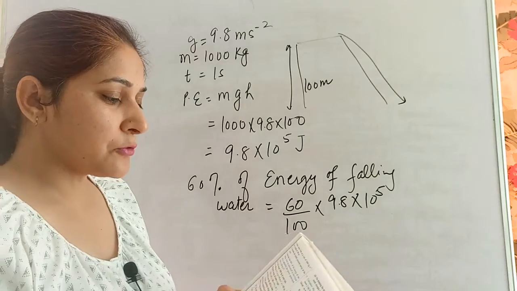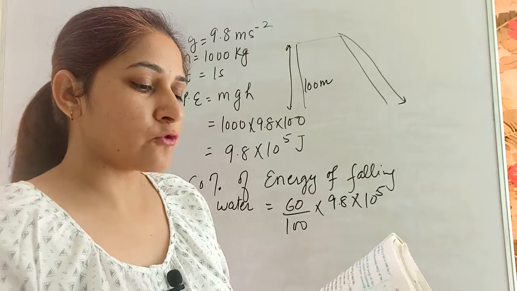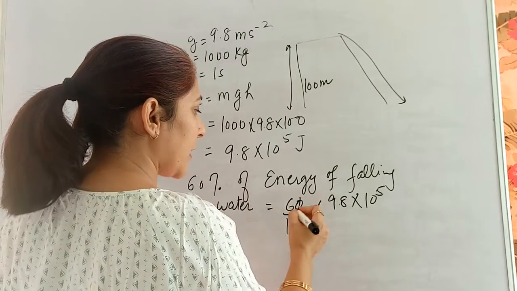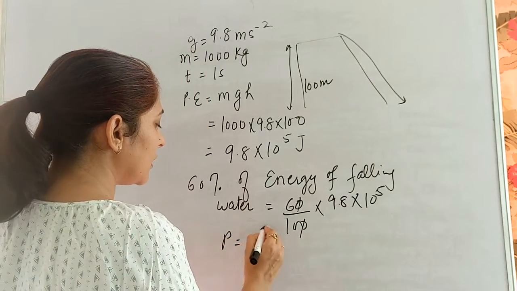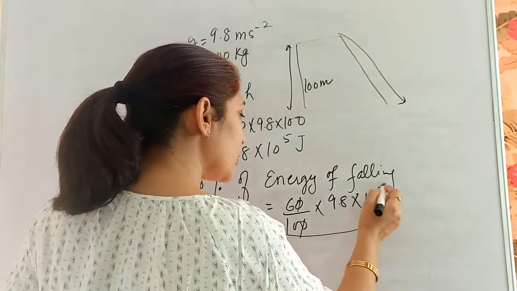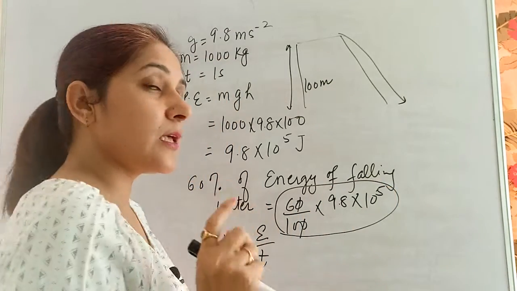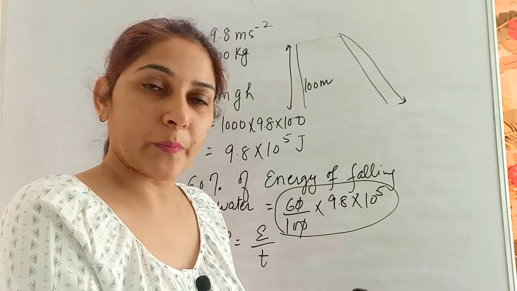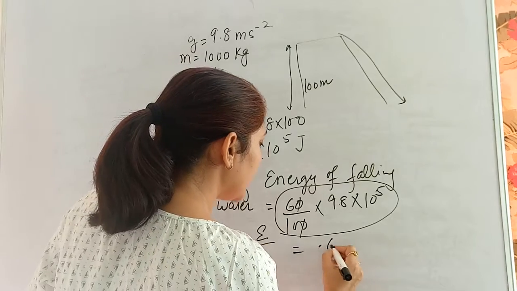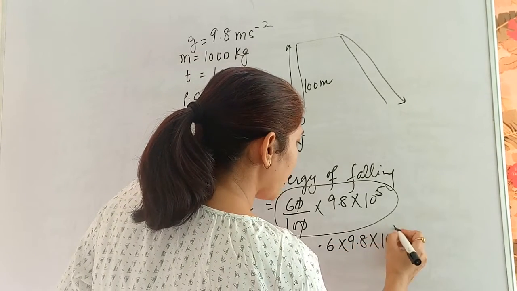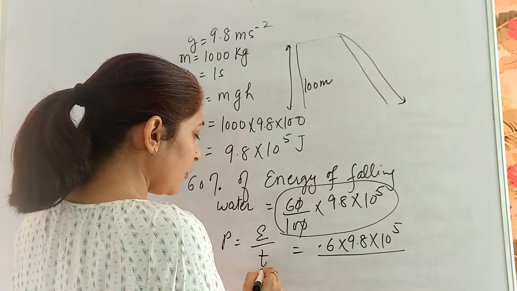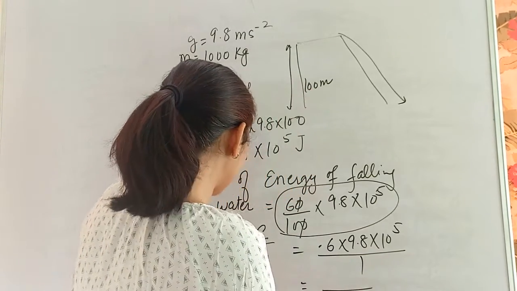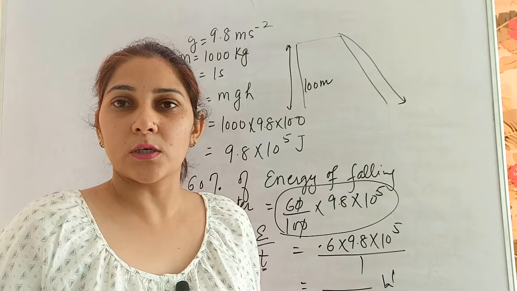Fine. Now what you need to do is calculate the power generated. You have to find out the power generated for this. When we are talking about 60%, we can write it as 0.6 also. So power generated is equal to energy per unit time. This is the energy which is converted. You should not take the total energy, only the energy that is converted, because only that energy is used to generate the power. Right? So this energy is equal to 0.6 into 9.8 into 10 raised to the power 5. And this water, in what time is it happening? In 1 second only. So this is 1. Whatever value you get, this is the power, so you calculate it in watts.